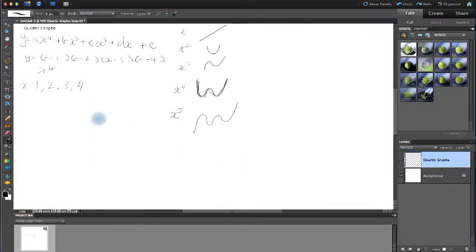So that's basically the majority of what you need to know about these quartic graphs. The only other thing that's worth knowing is we can write it in sort of an equivalent to turning point form if we can get it to look something like this. If we can get it into this form, or there might even be a factor of a at the front, if you can get it to look like that,